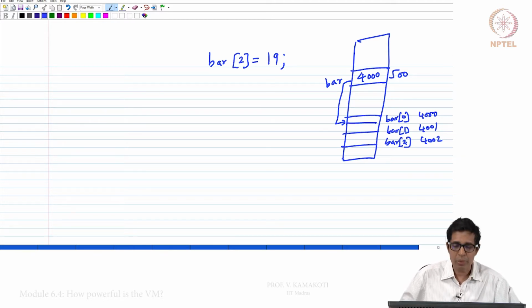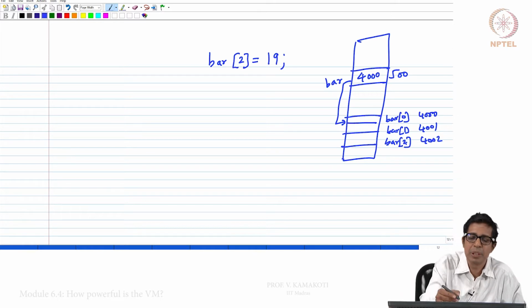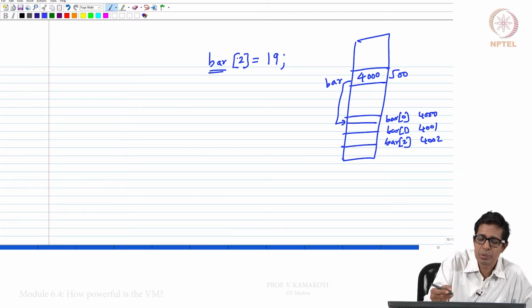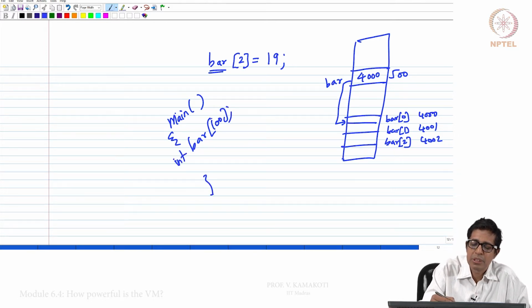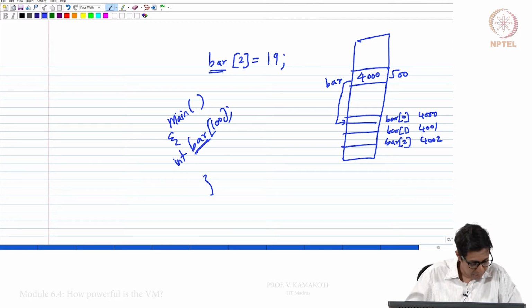Now, without loss of generality, let us assume this is some main function, and bar is your first variable, say int bar 100.